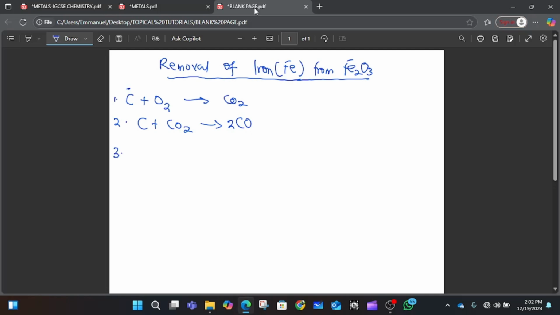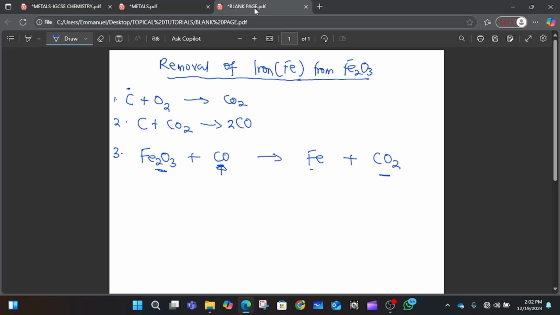So the carbon monoxide now reacts with the iron 3 oxide and reduces the iron 3 oxide to iron, and then in turn is oxidized to carbon dioxide. So carbon monoxide is the reducing agent. It reduces iron 3 oxide to iron,